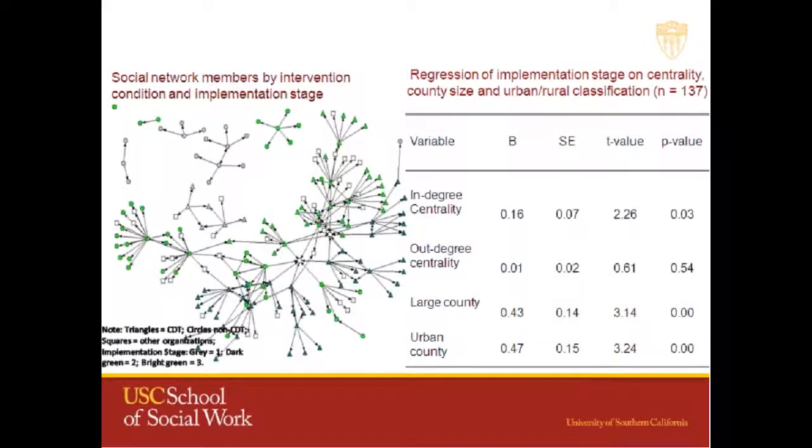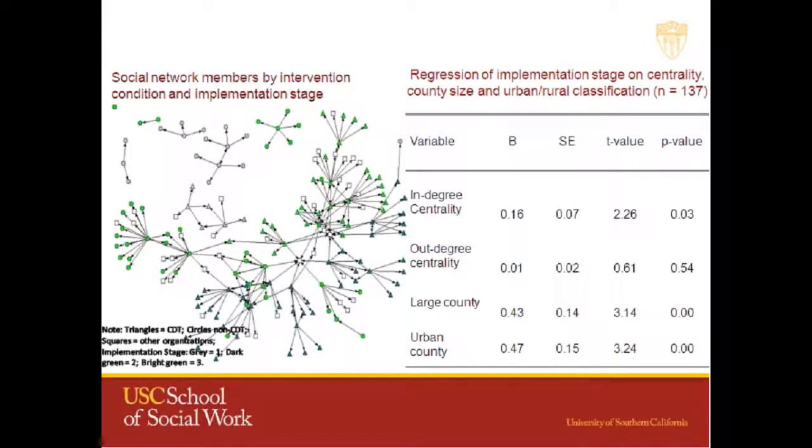Now, apart from that network, as you look at the top half of that figure, particularly the top left half, there are a number of much smaller networks, some involving just 2 individuals, some involving 3, some involving 6 or 7. These are also networks that emerged from the analyses, but as you can tell, they were not as connected to the main network, and many of them, as you can tell from the gray shades, hadn't advanced very far in this process of implementation.